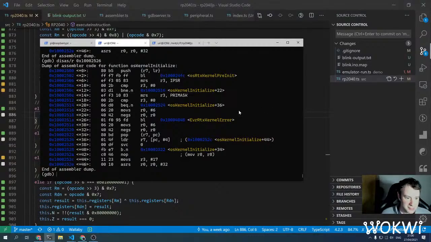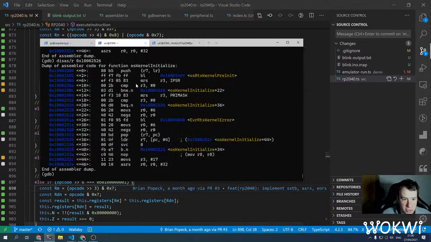So I have no idea what we were doing last week. Before we get back to that, I've got all this GDB stuff open, and I think I'm starting to remember we were looking at this SVC instruction. But before we dive into the details,